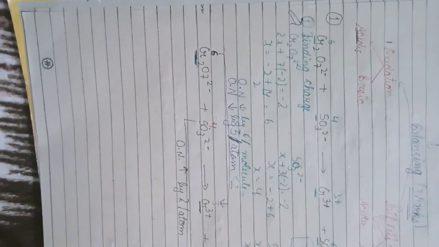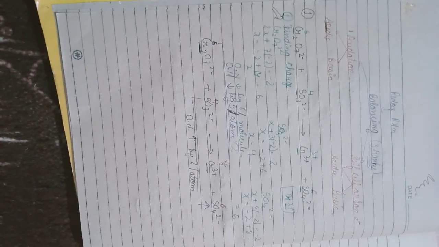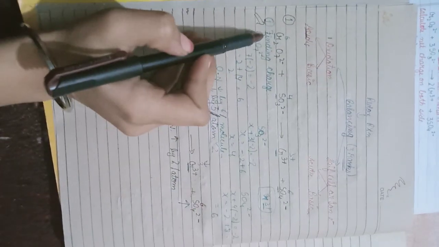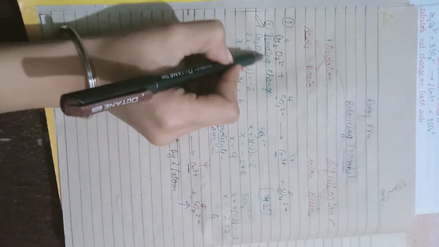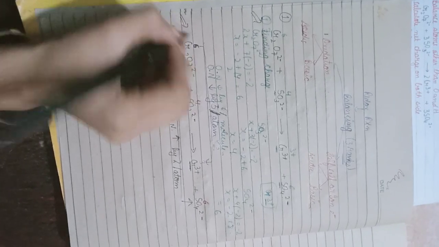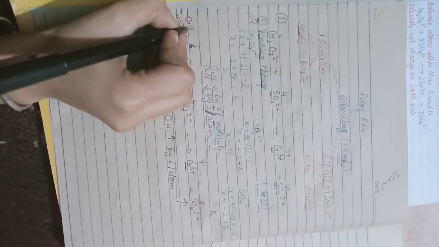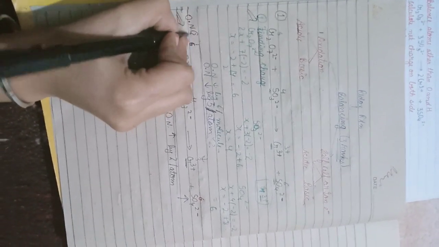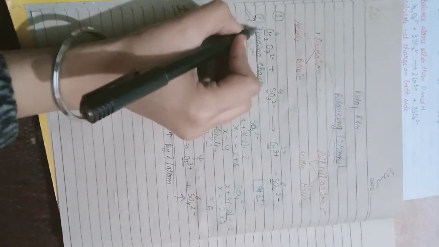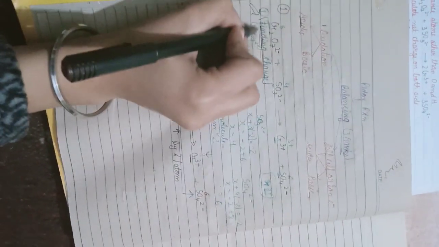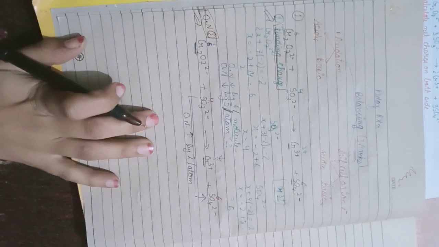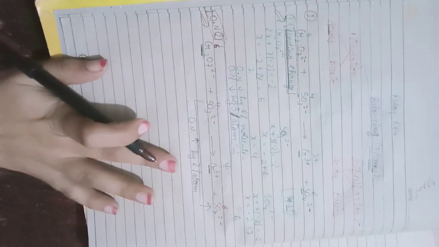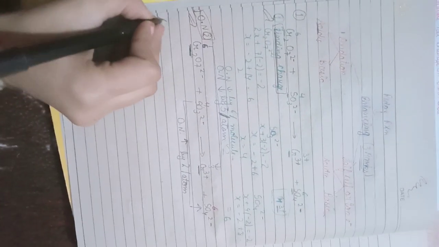If anyone has doubt, ask me in the comments. So now the first step was this, that is finding the charges, ठीक है. Second step was oxidation number, this is the second step, ठीक है. You just learn these steps and you will know how to balance an equation. This chapter is very easy. Now the third step,